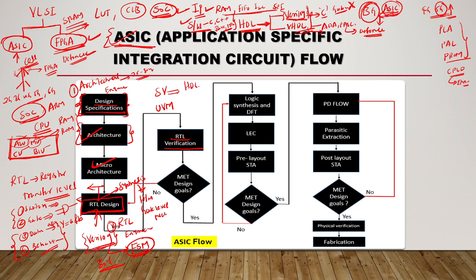This is one HDL, with some main properties compared to Verilog. We have polymorphism, randomization, and constraint randomization. I think you studied the OOPS concept in C++. The OOPS concept comes in SV: you have a child class, a parent class, and a handle, and all those things come in SV. This is also an HDL, so by using SV we can verify that circuit.